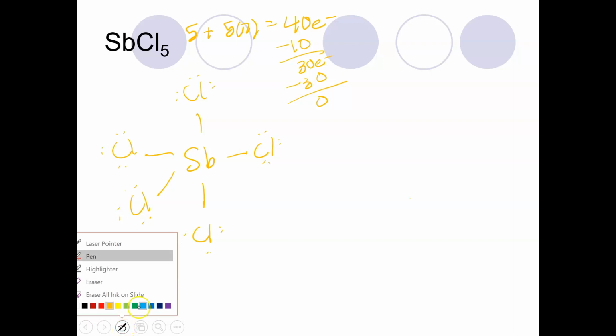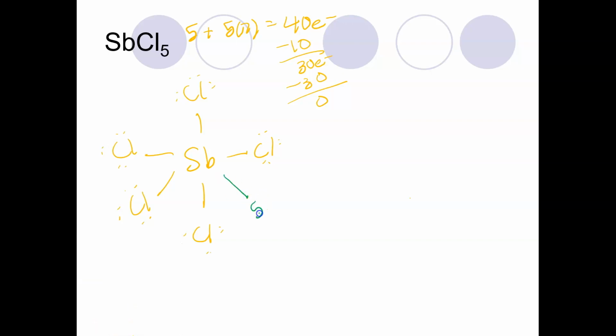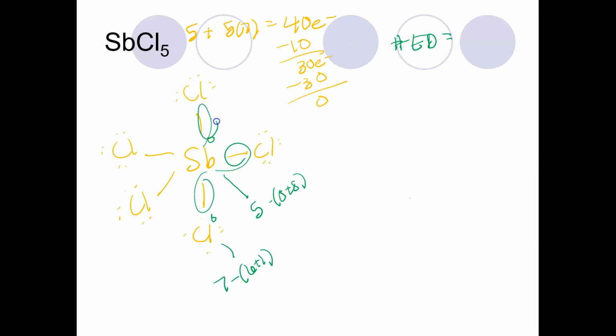If we check formal charges, 5 valence electrons minus 0 dots and 5 lines, that's a 0. 7 valence electrons minus 6 dots and 1 line, that's a 0. So that's our correct Lewis structure. So let's look at the number of electron domains. 1, 2, 3, 4, 5. The electron domain geometry, since it's 5 electron domains, if we look at our chart, it is trigonal